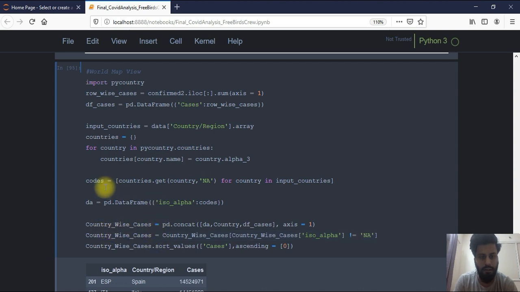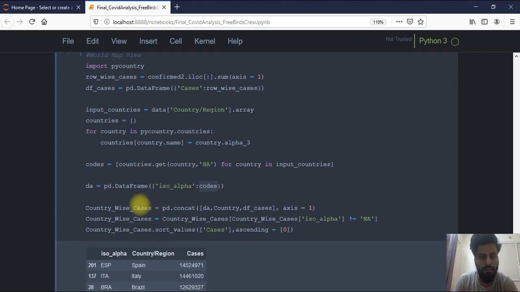So after that I can make a DA. DA is the data frame that has the alpha codes. So here I can make two data frames, DF for cases, DA for the codes, and now I have to make a country wise cases table with ISO alpha, country and cases. I can make a concatenation of both the data frames.